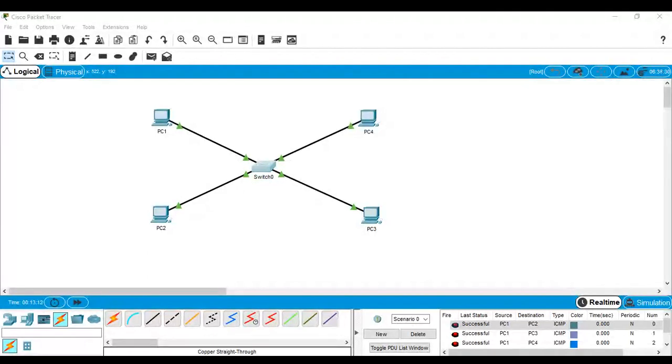You can see here 24 fast Ethernet and 2 gigabit Ethernet ports. Gigabit Ethernet ports are used to connect routers to the switch, and fast Ethernet ports are used to connect PCs. Again here you can see the MAC address and different things.